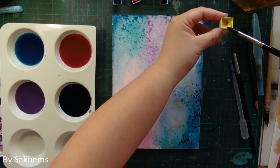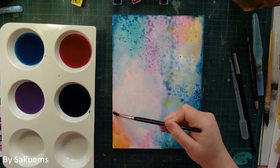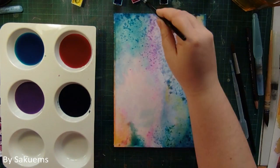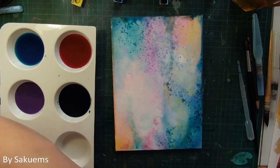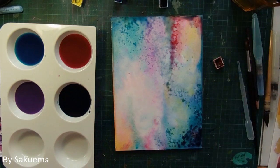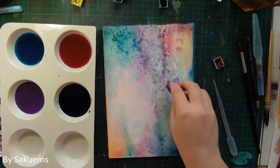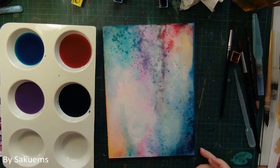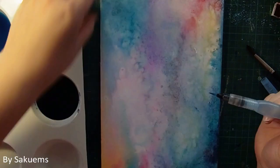So that's one thing. The second tip is don't be impatient like me. I was in a rush to record a video that I didn't wait for the colors to dry properly. I kept just adding more. I didn't have a hairdryer with me, which is what I usually have to blow dry the different layers. So try to do the basic layers and then wait for it to be completely dry before adding more texture, because what happened with me is that basically it was getting too